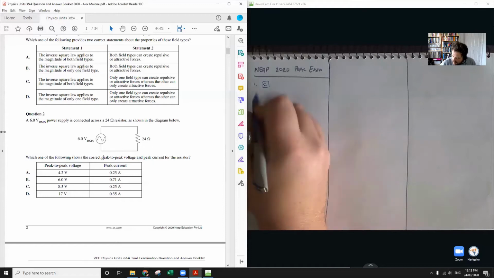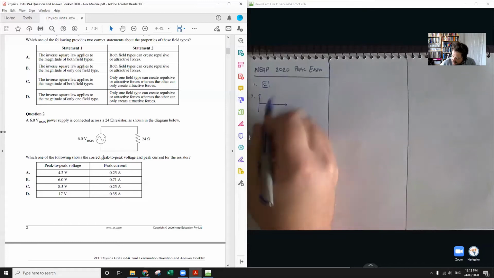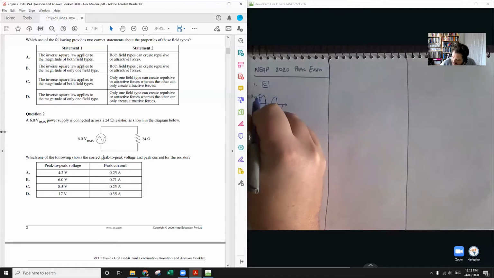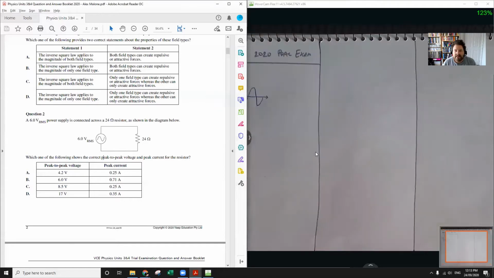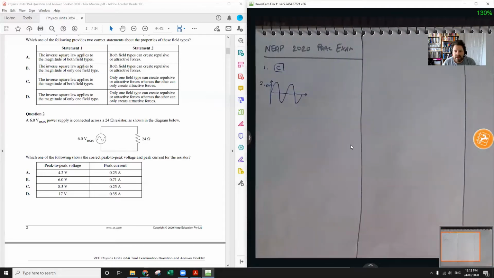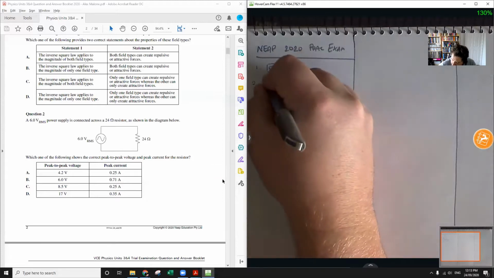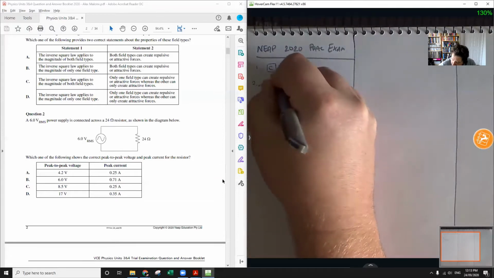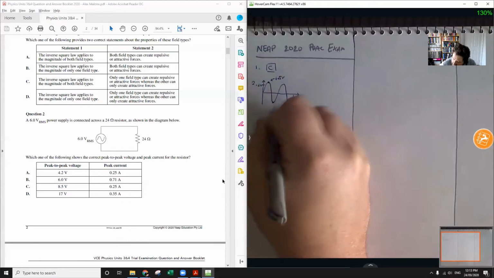So if we think about what our output voltage or input voltage into this thing looks like, we've got 6 volts RMS, and what 6 volts RMS means is that the sort of average level is 6 volts. Let me zoom in on this a little bit. There we go. So we get 6 volts there. So what are these peak levels here? Well, the peak is going to be something like 6√2 volts, and the trough, the very bottom there, is going to be